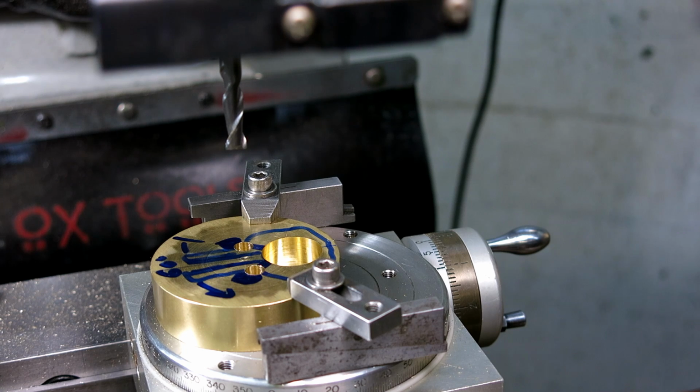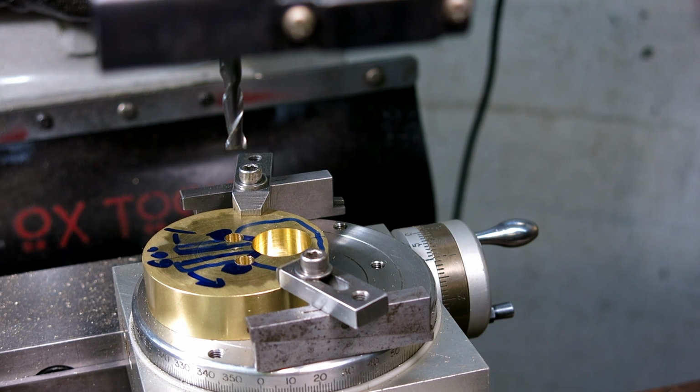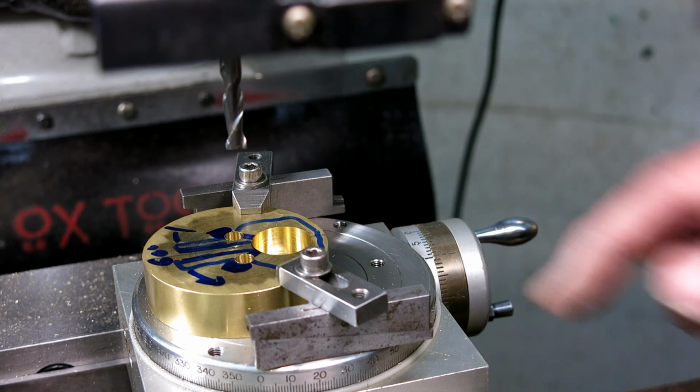So 541 is our secret number. And then 5/16 this way, 312. I'm probably going to cheat out a little bit in both the X and the Y, just a couple thou, just to do some roughing. So let's go to 550 and 320. Let's do that. So it puts us a little farther from the